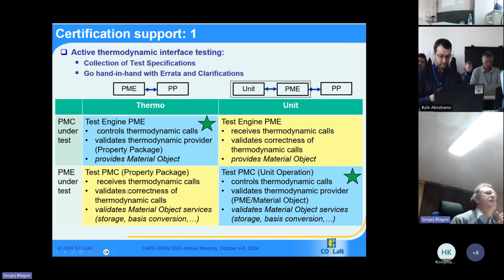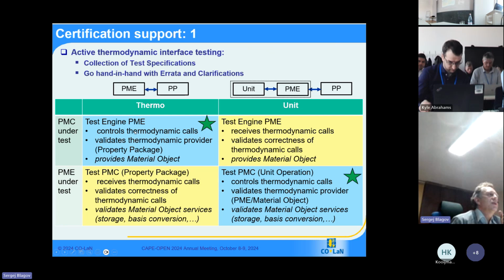In the second row, you see the opposite situation, where the specially adapted PMCs, either the property package test PP or the unit operation test unit, are used to validate the PME